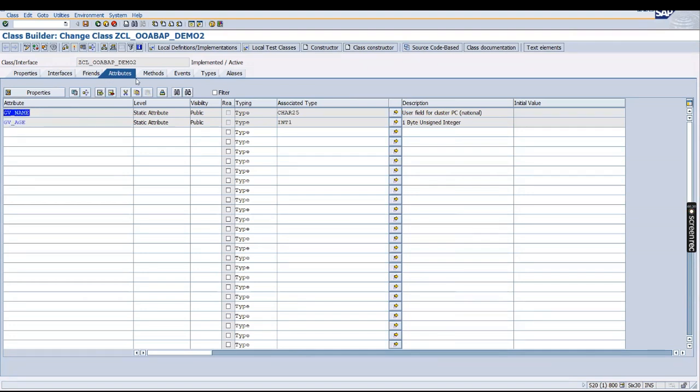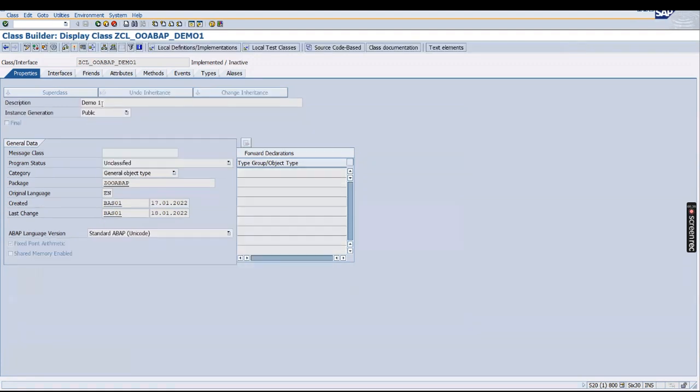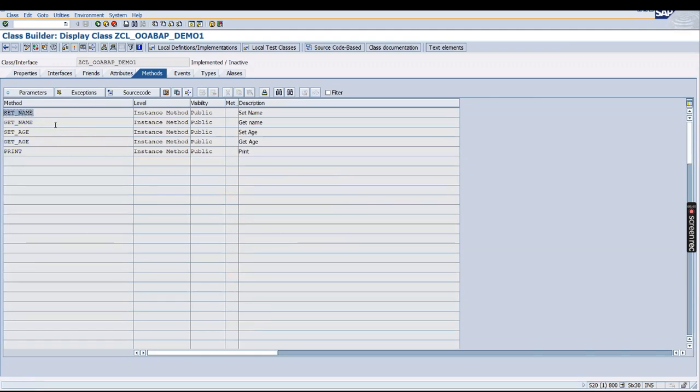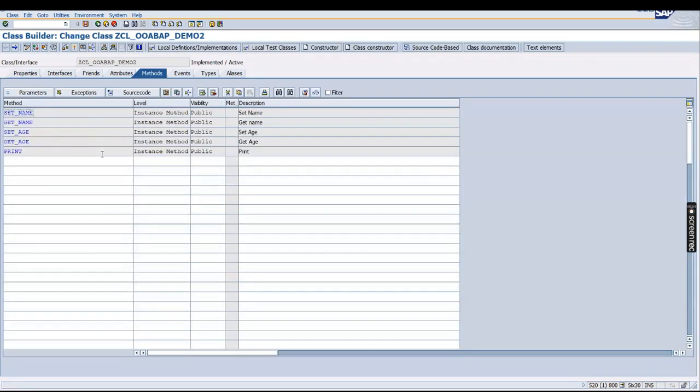Attributes. So in that demo1 class you were having, right? And if you want to go to the demo1 class, you can come over here and just double click. You will go to the demo1 class. See? And here it is not in blue color. Why? Because this is already implemented and it is not something which is inherited. Okay. So see, one pointer over here,